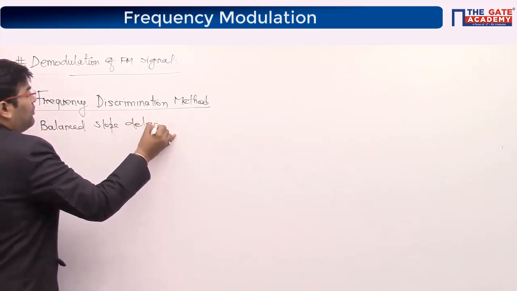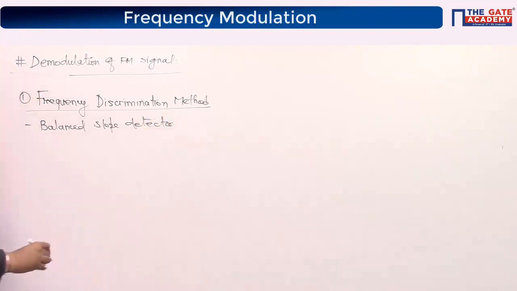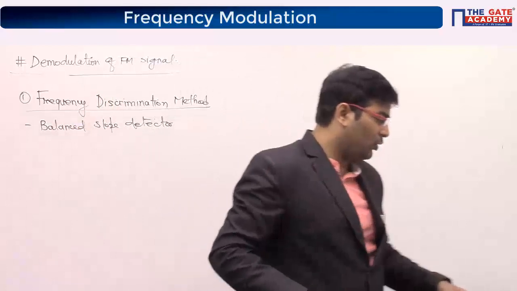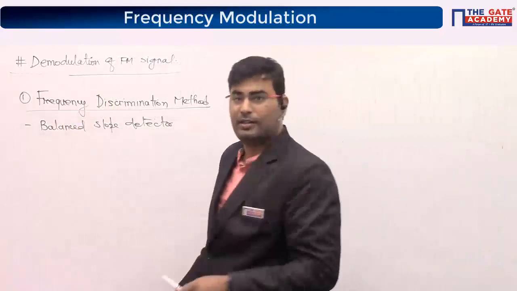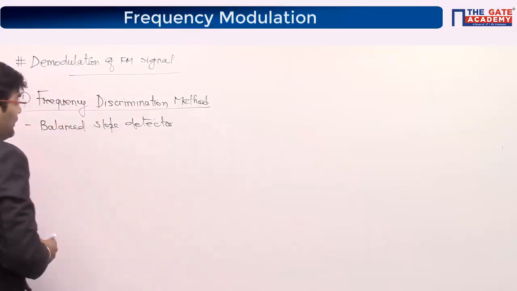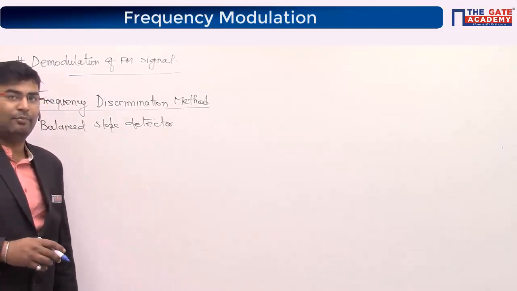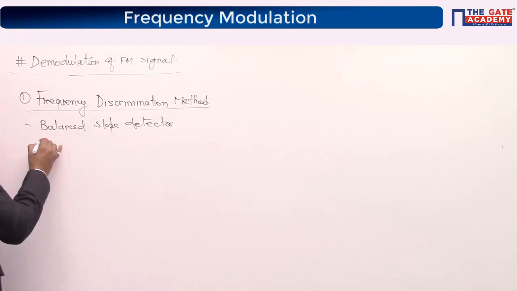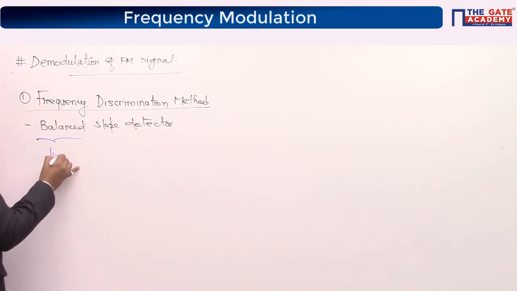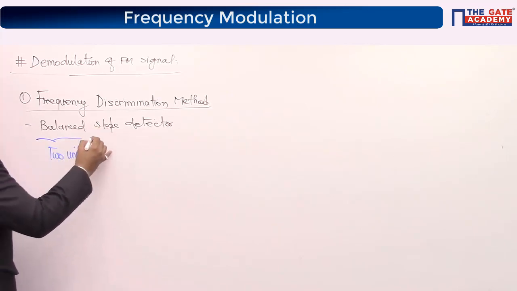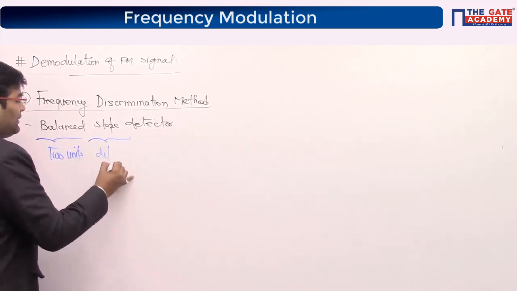Balanced slope detector. Now guys, to understand it, I will just open up these three keywords and you will be really impressed by the way I open it up. Balance means there will be two sets, or two units, of the circuit. Slope means you will have a differentiator circuit,